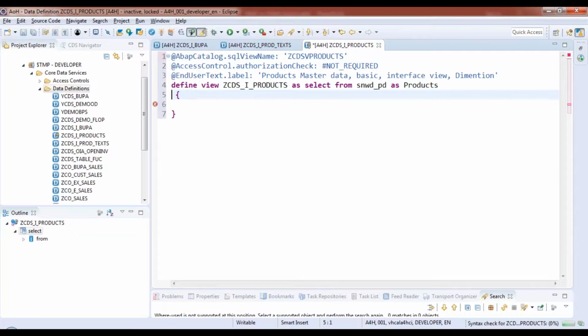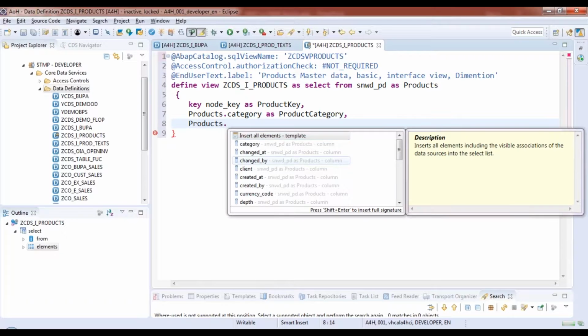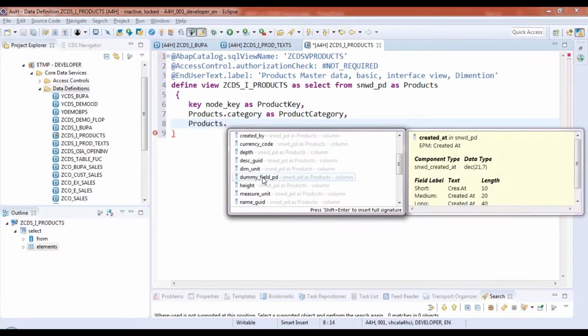Okay, and then of course let's quickly select the fields from here. So first is key, node key as product key. Then I can also use products alias name dot, and I can use product category as category, products dot, and I'll use product ID,